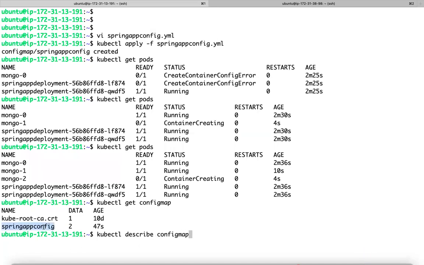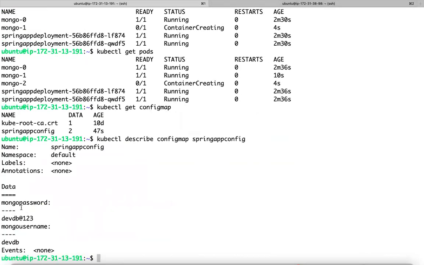If I have access, like a developer, and they describe this config map, will they be able to see this information, the keys and values, if they have access to the cluster?